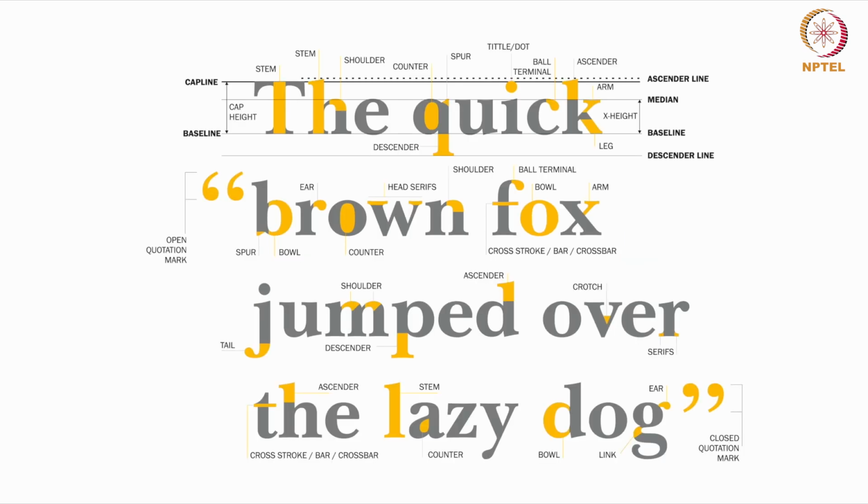Similarly, these are some more features. If you look into this, there is a spur, there is a tittle, which is the dot on the letter I, then there are ball terminals, there is an arm, this is a bowl.